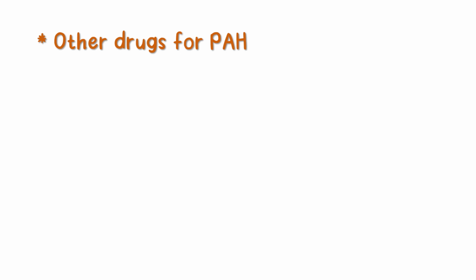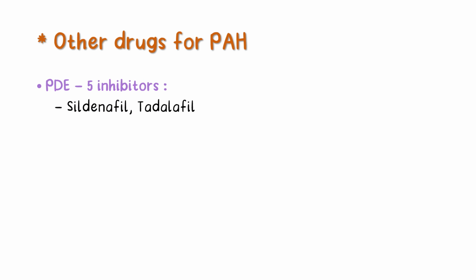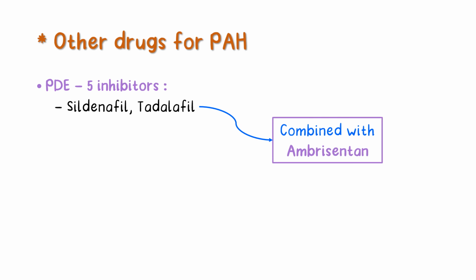The other group of drugs for treatment of pulmonary artery hypertension are phosphodiesterase 5 inhibitors like sildenafil and tadalafil, which are orally active and drug of choice at present. They also can be combined with ERAs, mainly tadalafil with ambrisentan. Another group is prostacyclin analog like epoprostenol, but it has to be given parenterally by intravenous infusion.